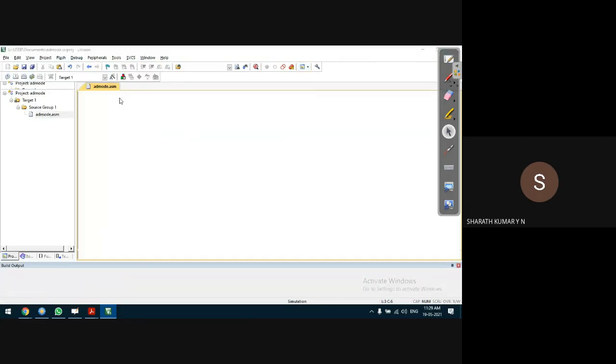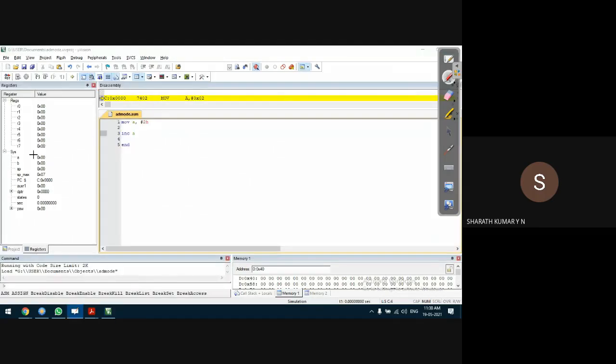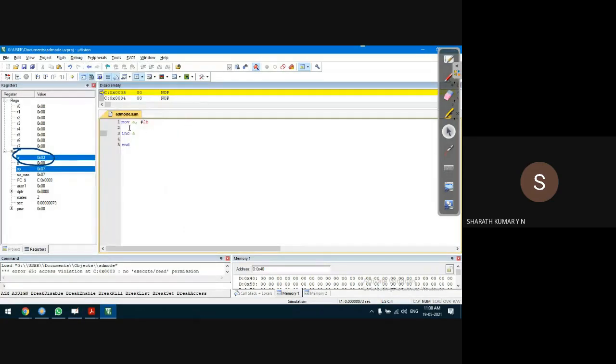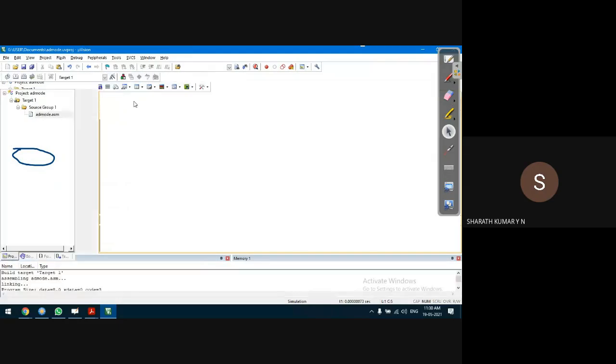Observe the content of the accumulator. Initially it was 2, it becomes 3.